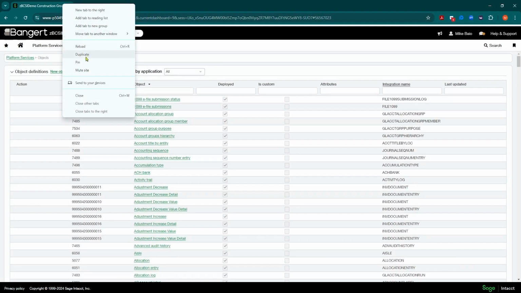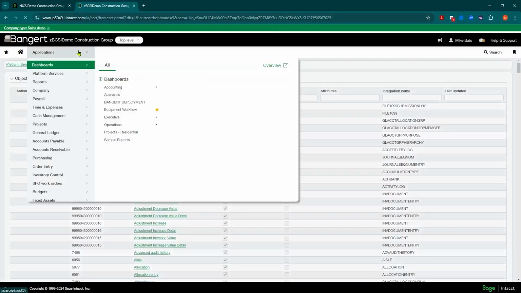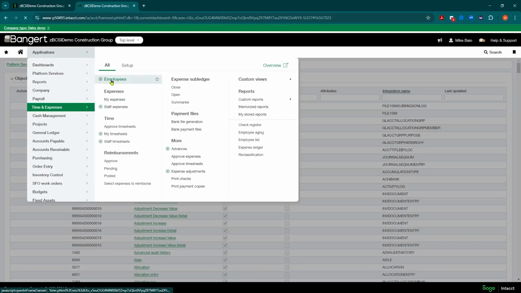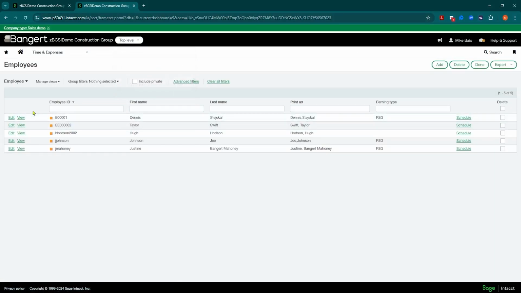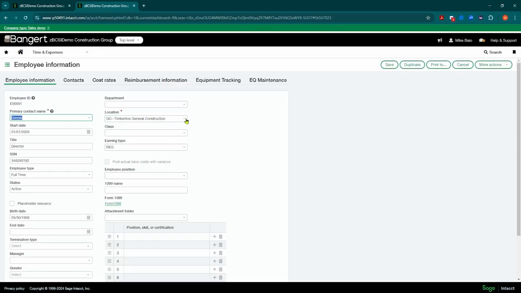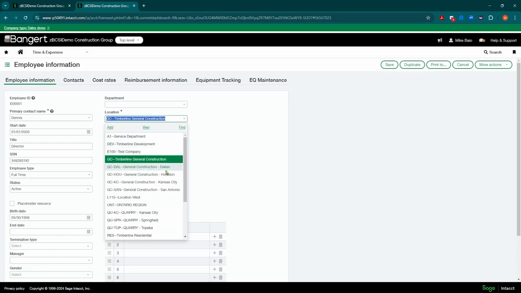For example, let me go ahead and duplicate this screen for a second. Let's just say in this scenario, we have an employee, and in our GC entity, we have multiple locations. So when we set up a new employee in the system, we want it to base the department for that employee depending on what locations they're in.